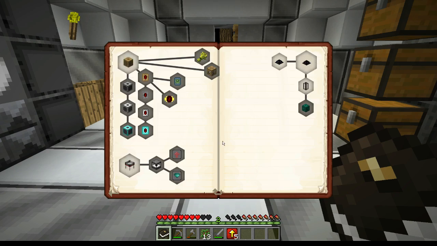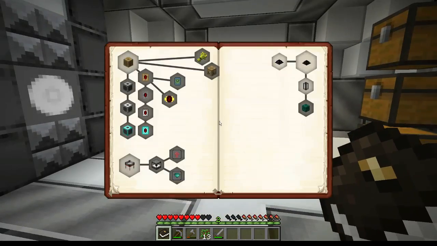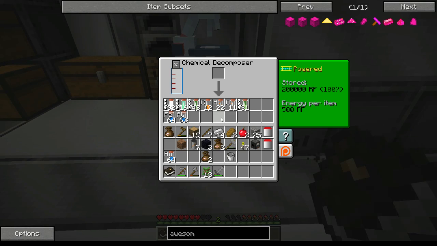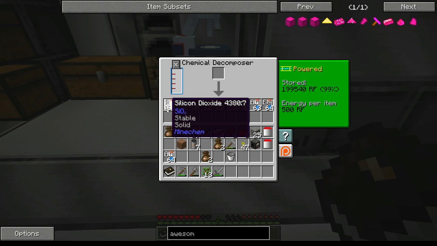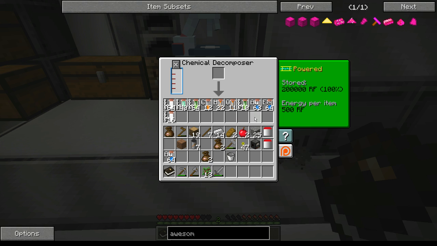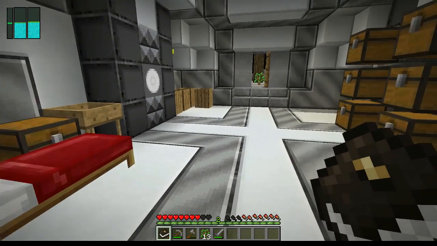This will give us our speed upgrades. Those are going to be nice to have. I really didn't want to break down that sucrose. But all right, I guess we may as well talk about this. This is the chemical decomposer. Chemical decomposer will break things down. So like obsidian will break down into silicon dioxide and magnesium oxide. Okay? And once we get the machine built, that will allow us to make